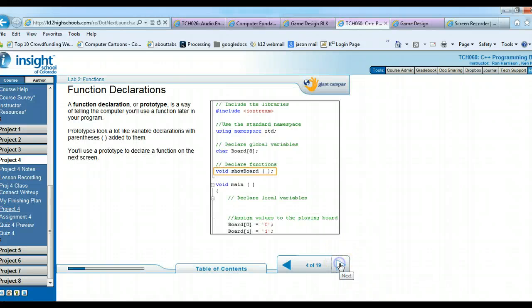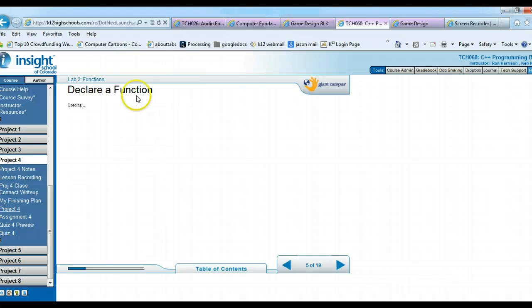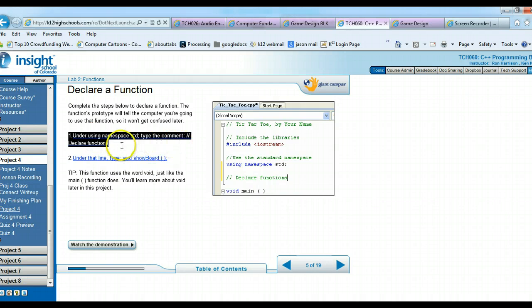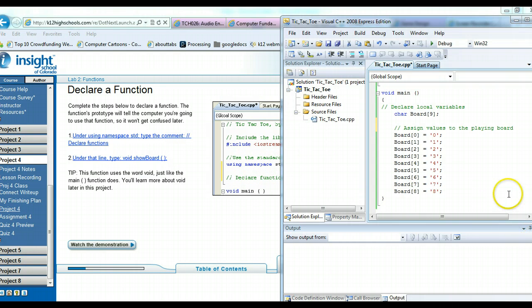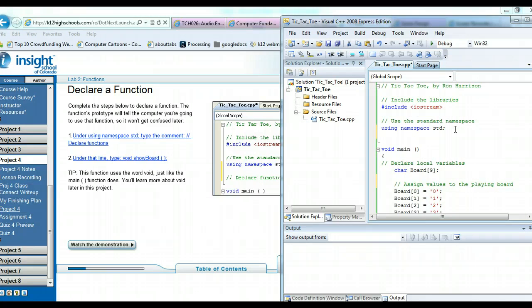And now we're getting into functions. So we're going to declare a function. So it says, under using namespace, type this comment. So the declare function comment. To highlight that, Control C, that's going to go right underneath using namespace. So I will just move up. There's using namespace right here. I'll go outside of it, hit enter, Control V. There I put that command in, and